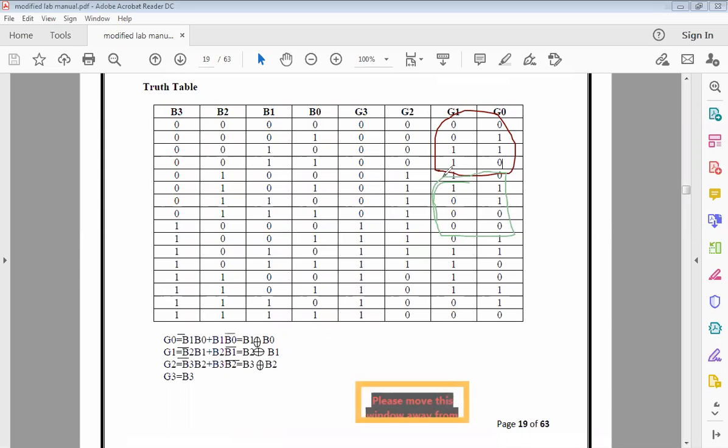Yeah, so here you can see, just a moment. The other set of 4 values. Yeah,